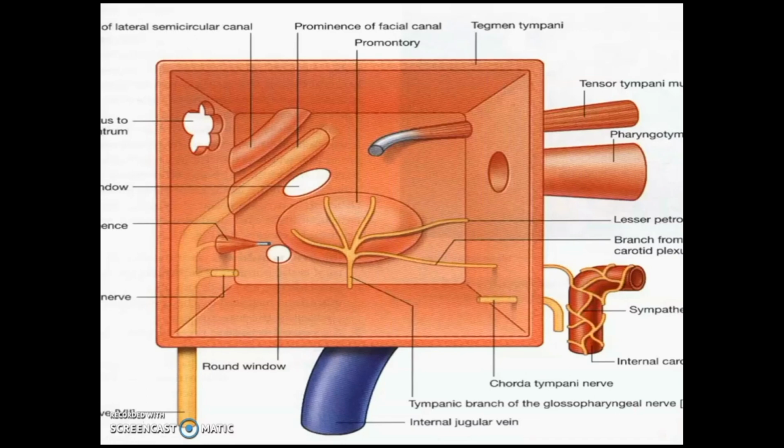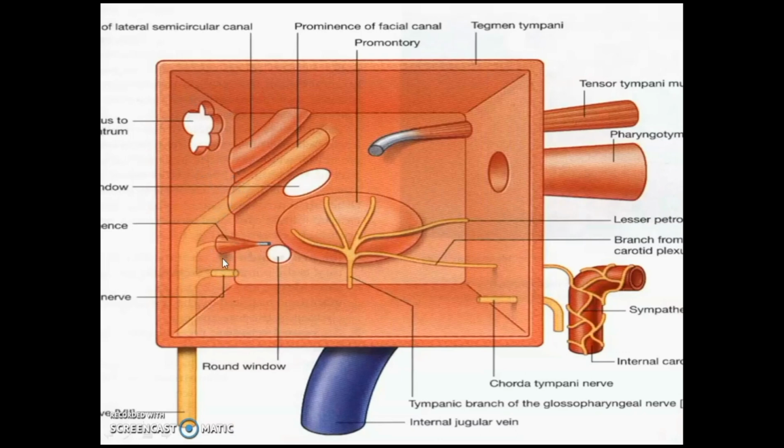So you are seeing the right middle ear now here from the lateral view, that is the tympanic membrane is taken out and you are viewing from the lateral side. So you can see the roof, tegmen tympani, whereas the floor is by jugular bulb, anterior wall is by the carotid artery there, the petrous part will be there, and opening of auditory tube. Above it you will see tensor tympani, posteriorly you will see the mastoid wall, and in the upper part you will see opening to mastoid antrum, that is also called as aditus to mastoid antrum,